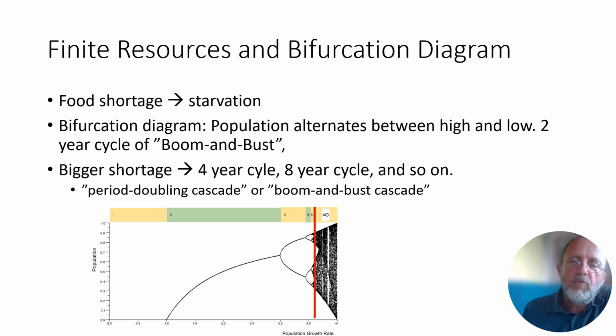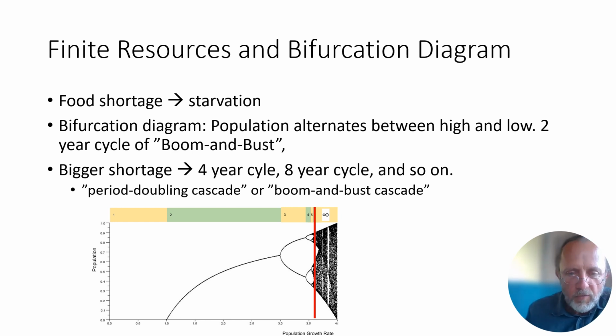If we assume that a species moves into a new ecosystem, we can see that the population curve starts at 0 and gradually increases, but there comes a point where all the food is eaten up. And what happens then is what is called a bifurcation, which means that the population splits into 2 levels. This represents the fact that there will be a high level followed by a low level, and this will alternate every 2 years. So the first year the species eats up the food, and the next year they find